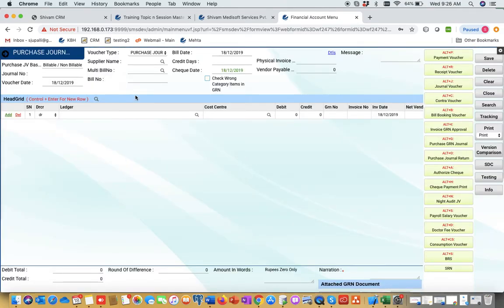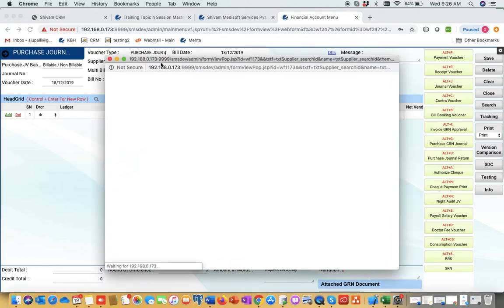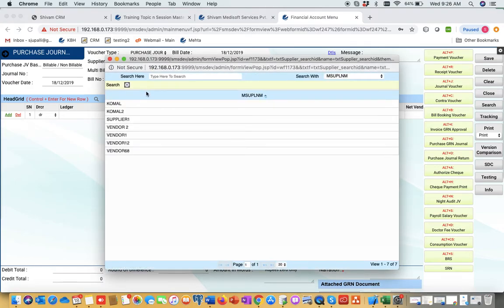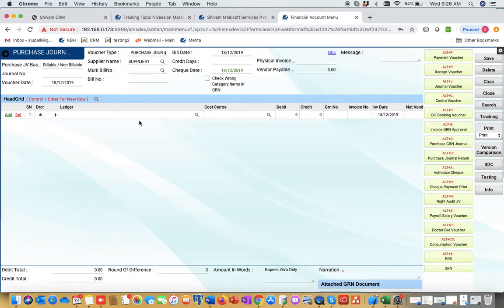In purchase GRN journal, we have to select the supplier. I approved for supplier one, so we will select the supplier here. In this purchase journal, what is purchase journal? First, I will tell you. In purchase journal, we are booking the purchases which are done by different departments in HMS while they book the purchase from the purchase form.